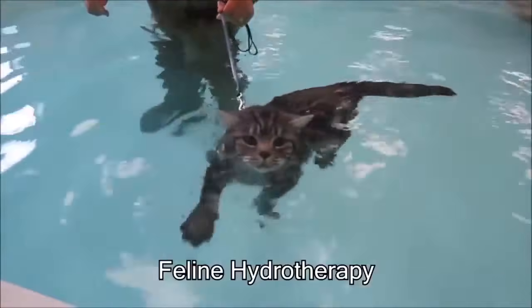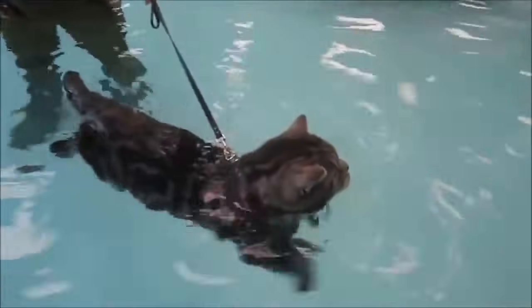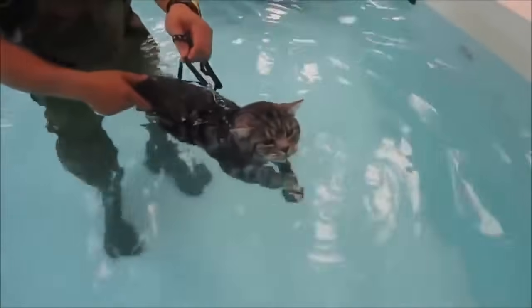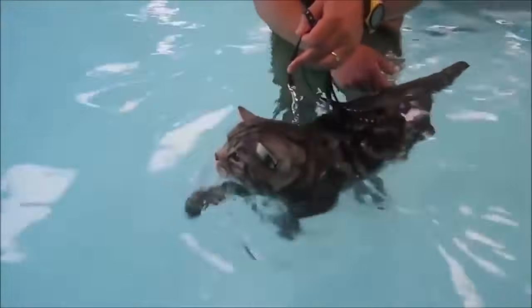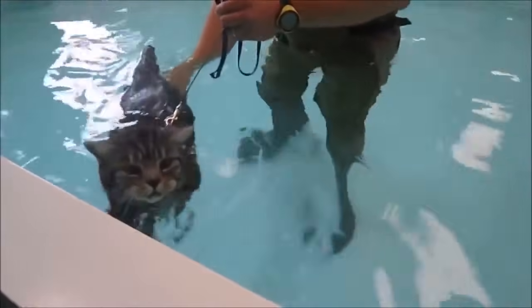There's something called feline hydrotherapy, and it's a type of therapy that helps out cats that are trying to overcome certain injuries such as a knee surgery, hip injury, spinal injury, or even arthritis. Many people don't want to put their cats in this type of therapy because they believe the mental stress it puts on their cat outweighs the physical benefits. This is his first time, so again, you know what we can do is there's loads of things we